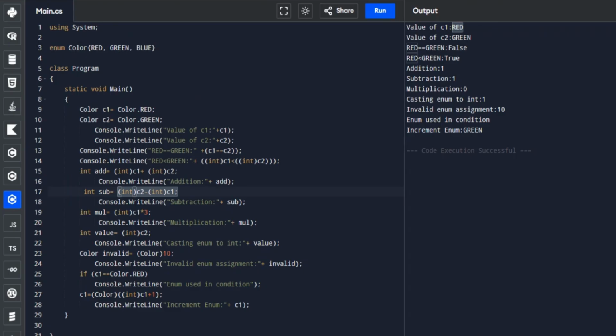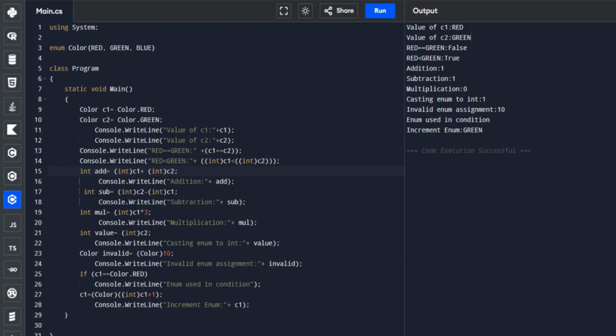That is why the value of C1 and C2 is a string: C1 is red and C2 is green. That is why when we compare, is red equal to green, it gives us false, and is red less than green. We converted, or cast, it first before we could compare.